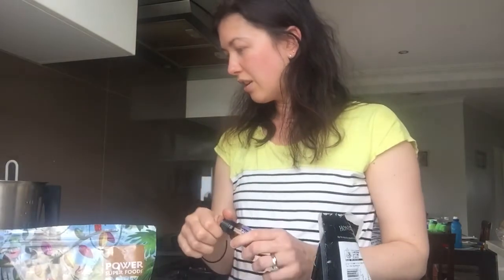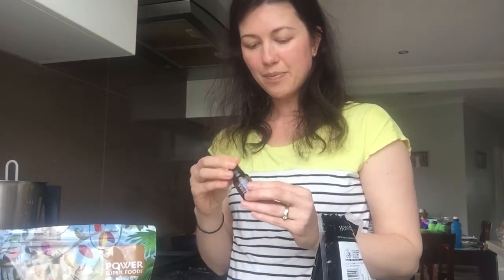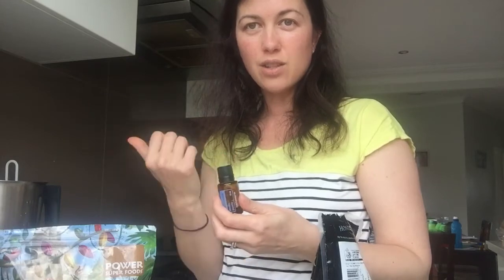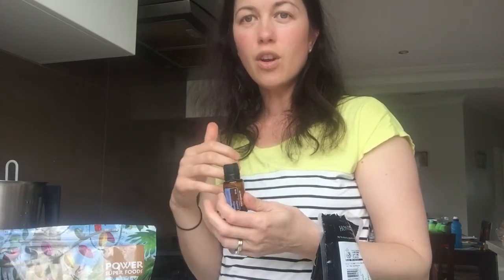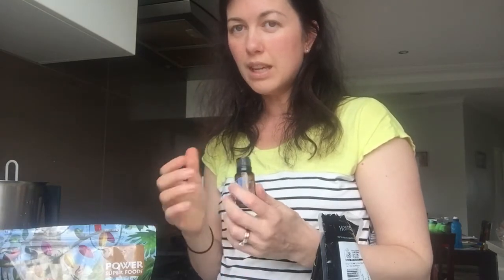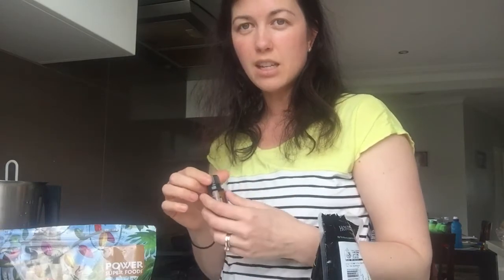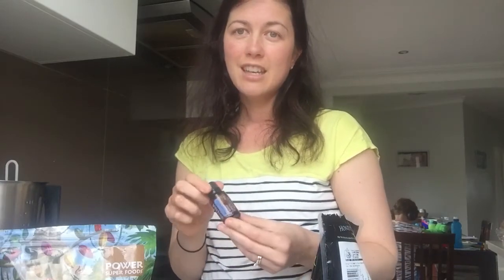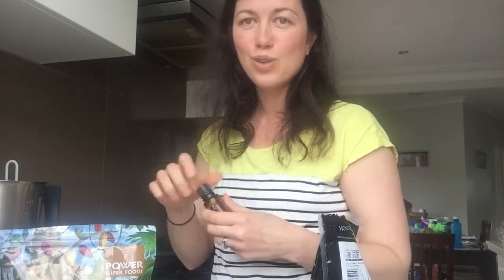And then for the star of the bliss balls, I'm going to start with using 3 drops, because I don't know how strong it's going to be. But I'm going to only use a maximum of 5 drops probably in this if you were going to make it and you just like that really pepperminty taste. But I'm making it for other people today for my workshop tomorrow, so I just don't want to make it too overpowering for them, but I want them to experience the flavour of the peppermint essential oil in the bliss